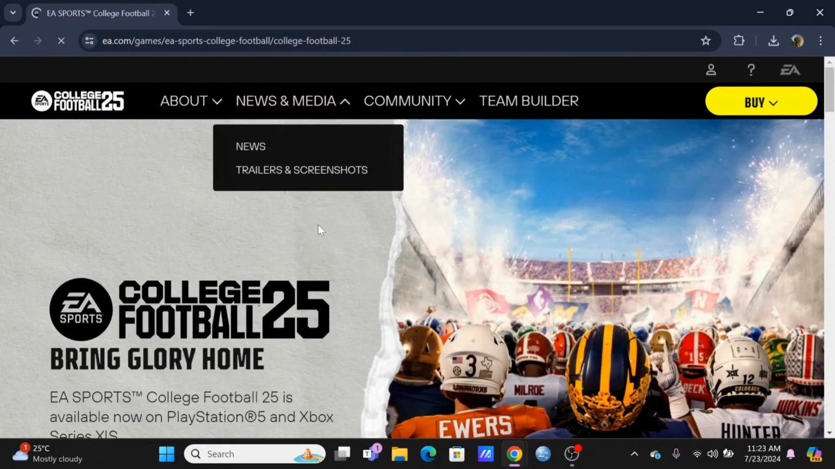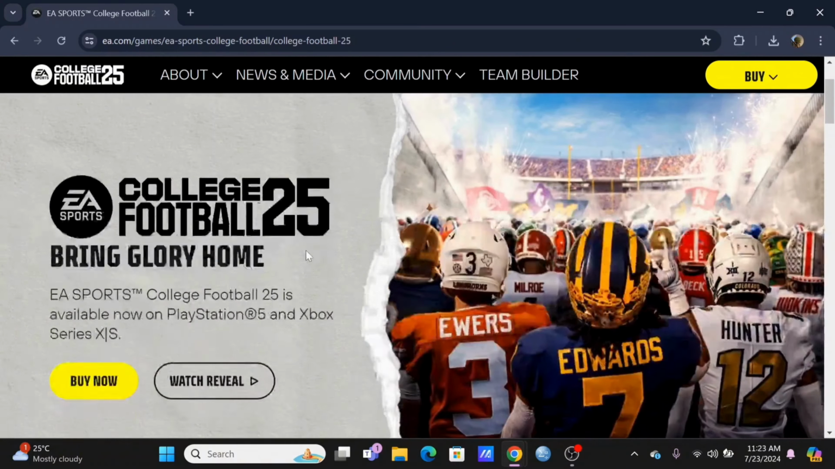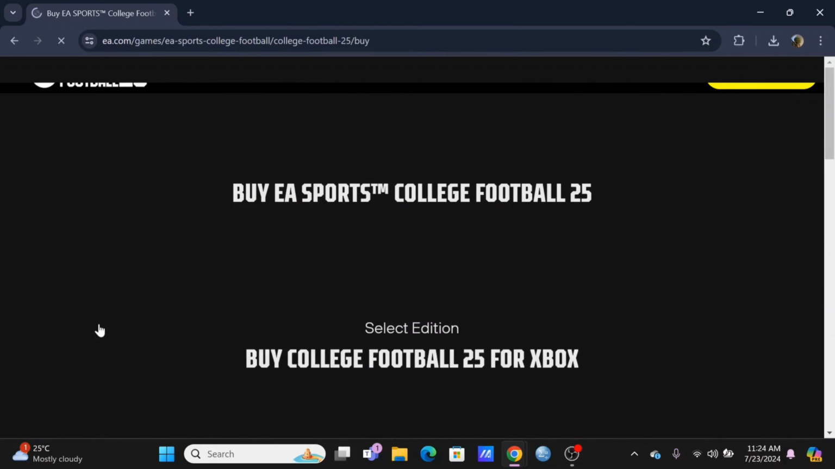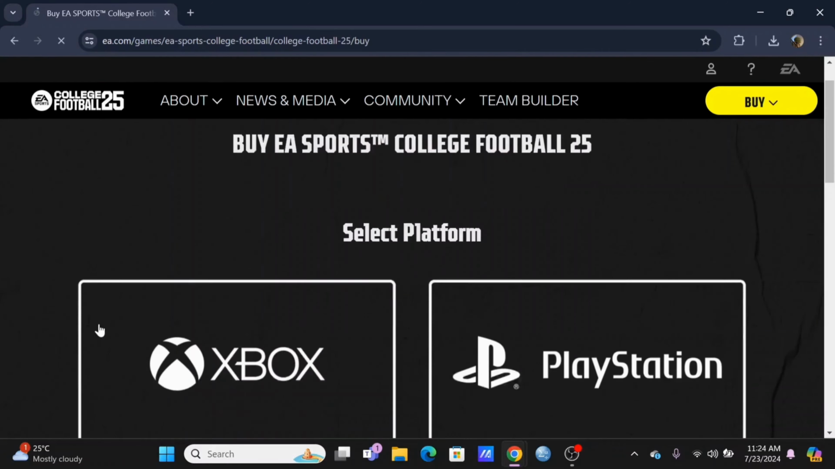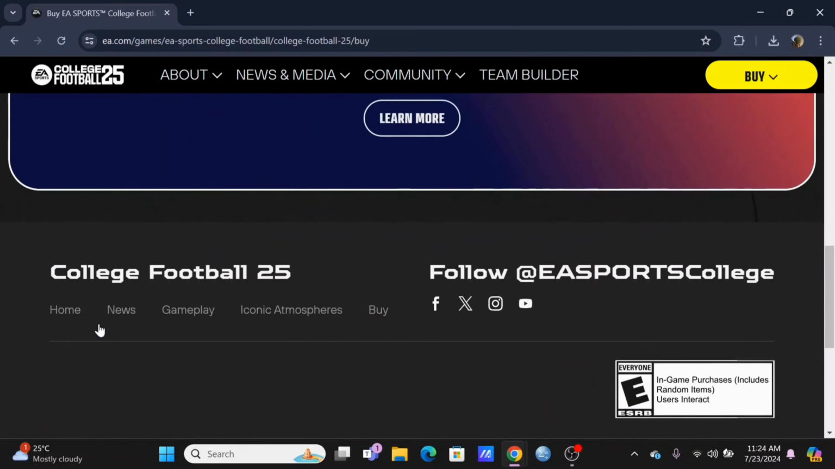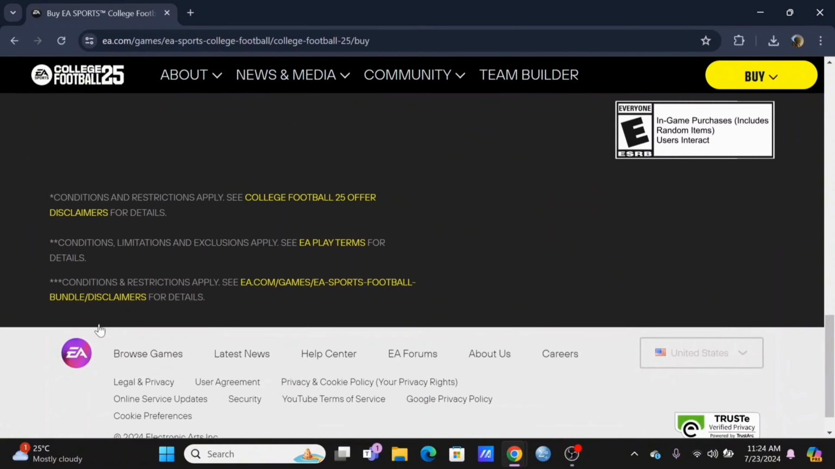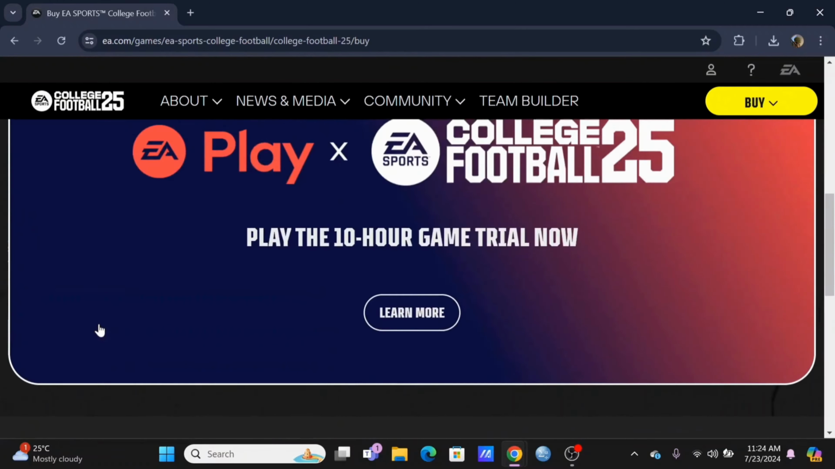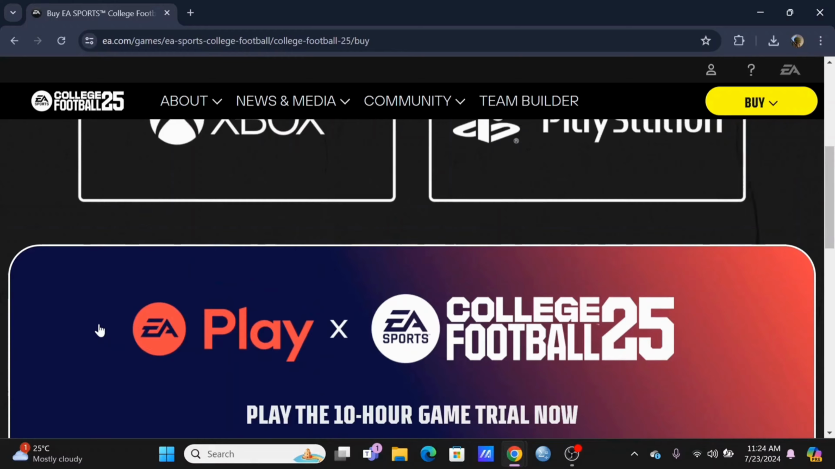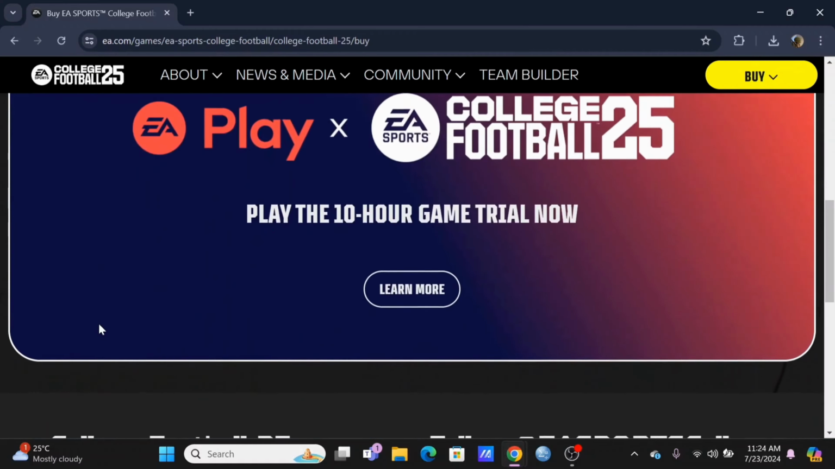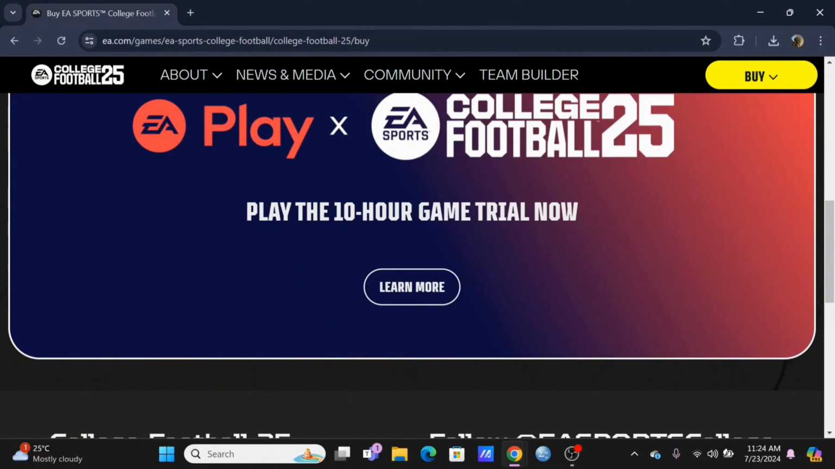Now, can you really play your EA College Football without buying the game? So here's the deal. EA does provide you with a membership that includes a 10-hour free trial for selective new EA games, which does include your College Football 25. This means you can dive into the game and experience the gameplay for up to 10 hours before deciding to